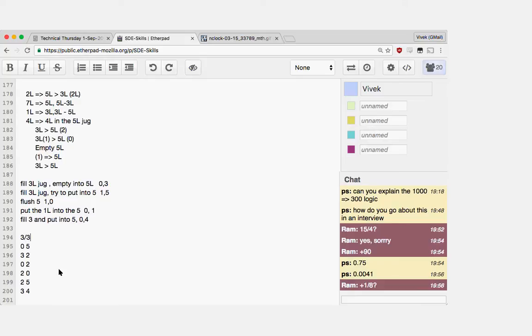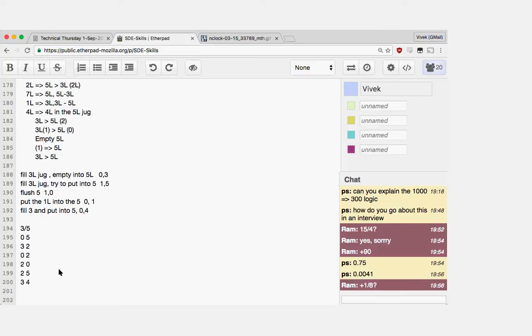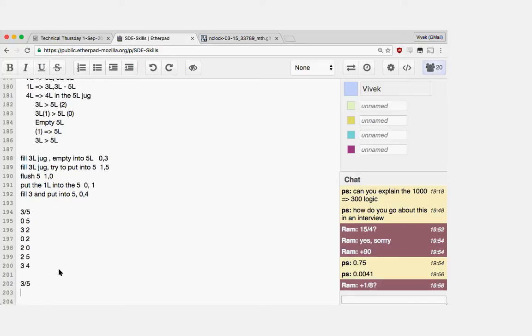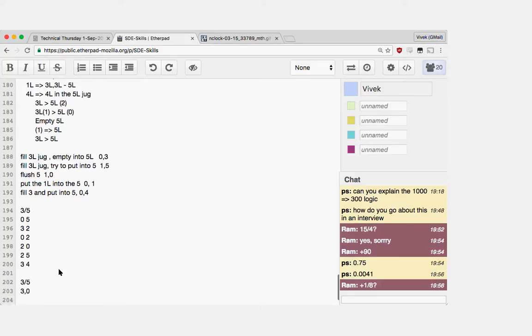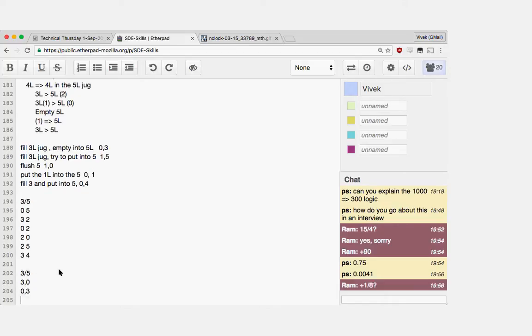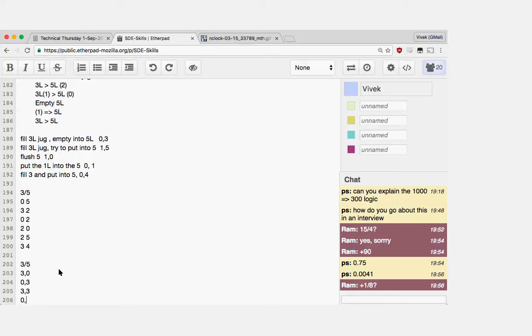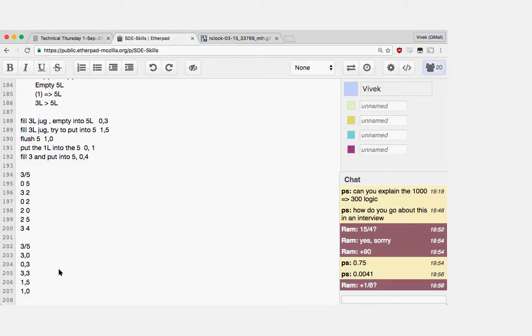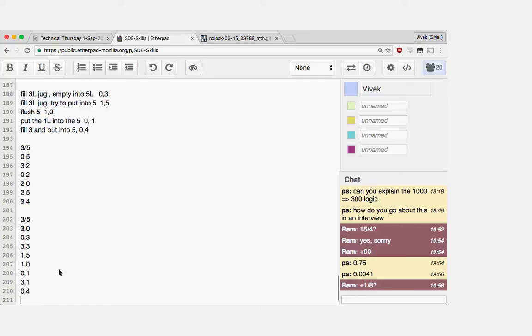So here, the advantage is that you're just using only those 2 jugs, not the empty tank. Well, you're not tossing it out. In both cases, you're still doing the same thing, right? If I take Vishnu's approach, what you did was you start with 3, 0, and then you empty it, so you got 0, 3. Okay, then you got 3, 3, and then you got 1, 5, right? Then you got 1, 0. You're tossing the 5 away, and then you have 0, 1, and then you had 3, 1, and then you had 0, 4. Right. So there are 2 different ways of doing it, but I think the other way is